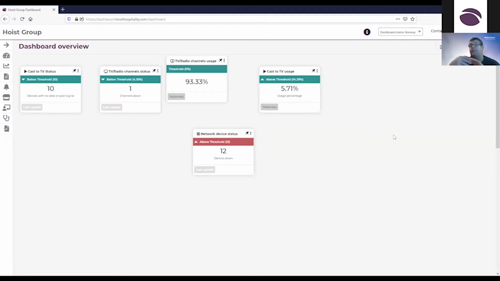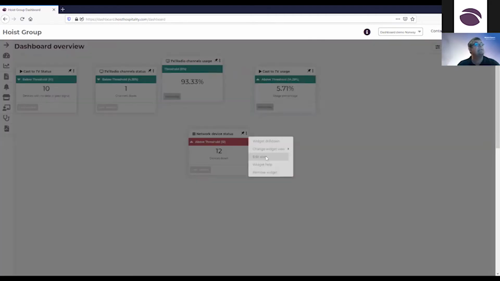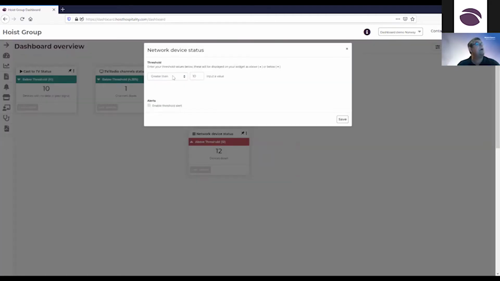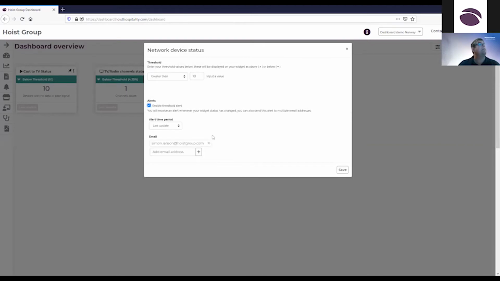And anything that breaks those parameters, i.e. exceeds or goes below the threshold, will trigger potentially an alert and will certainly appear on your overview here within your personalized dashboard. Let's just look at alerts as an extension of this. We've got the qualifier, we've got the alphanumeric value. If you click on enable threshold alert, what happens here is you can define a time period,